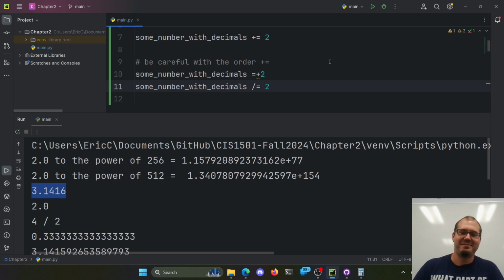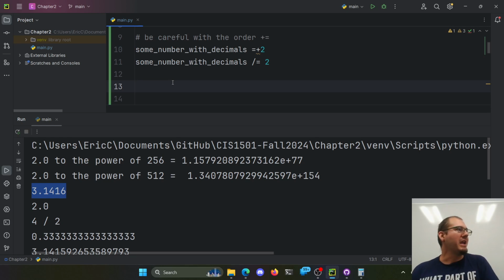If you want to get a remainder out, we have a special operator for that called modulus. That's the percent sign. So we can say, here's our answer, our remainder, then is going to be,